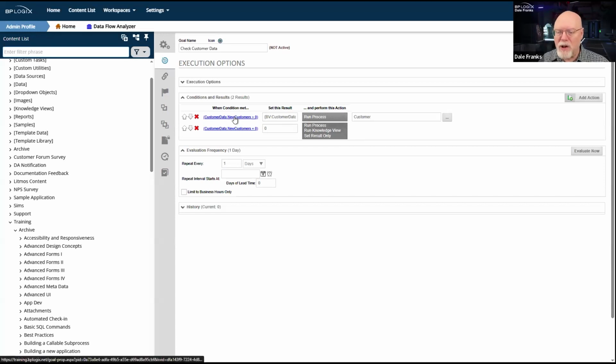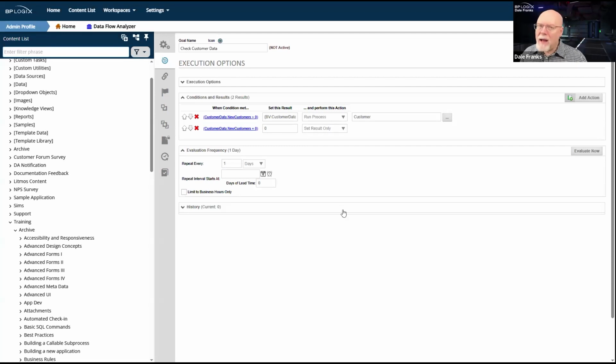When a condition is met, I can run a knowledge view. That knowledge view can then, of course, itself kick off running a process for each row in the knowledge view. So if I have data inside Process Director in conjunction with a goal, I can use a knowledge view to create new processes based on that data.